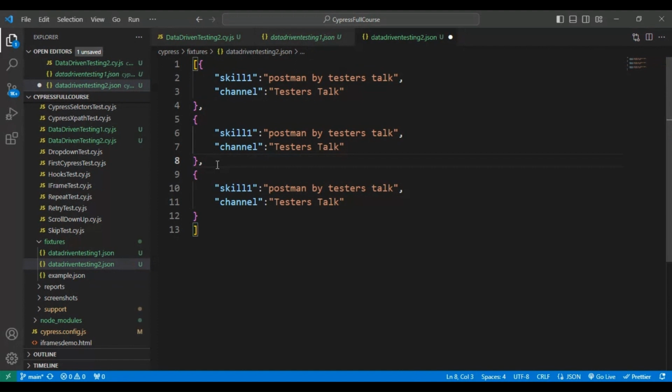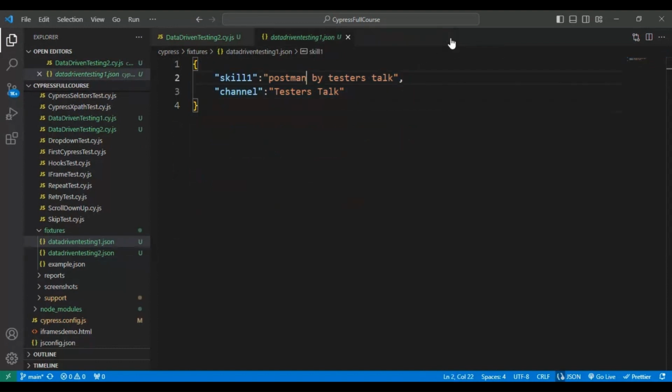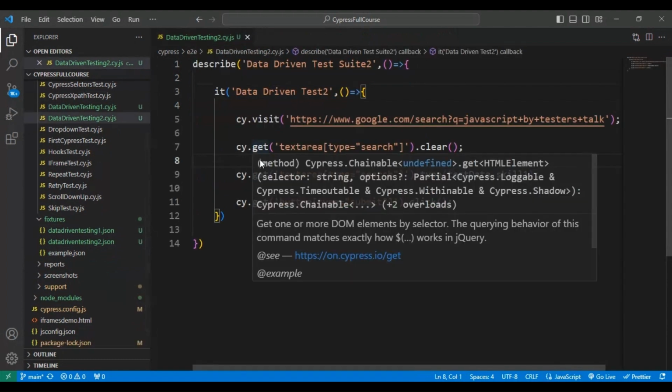Firstly, in the Google search text box, we are searching with postman by tester stock. The second time we are going to search with API testing by tester stock, and the third time we are going to search with JavaScript by tester stock. So that's it, guys. We are done with creating the three sets of test data. Here one JSON object is nothing but one set of test data. So I'm going to close this particular file, and now I will come back to the data driven testing